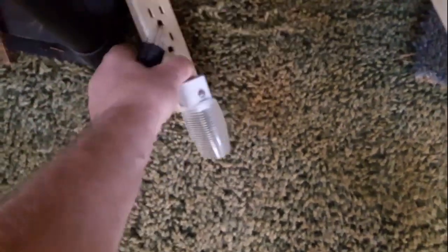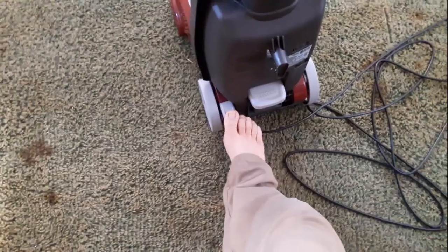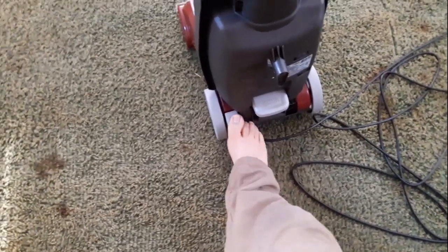I'm going to plug into this outlet stick out there. And basically to transport it, leave it upright and you can transport on those wheels. And then to clean carpets, you're going to hit this big lever in the back, and it tilts back and you can move it. And here's your on-off switch, just a little one here, right there,